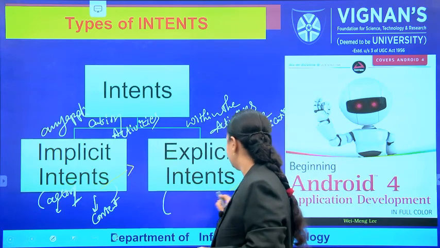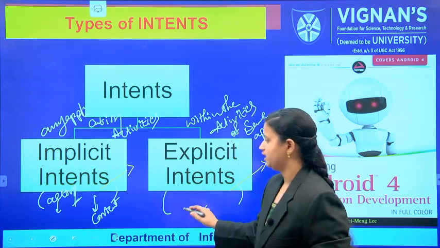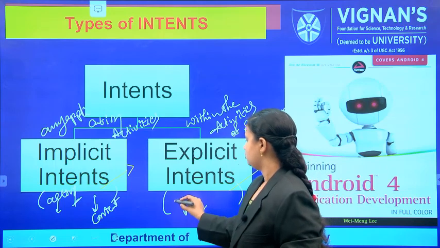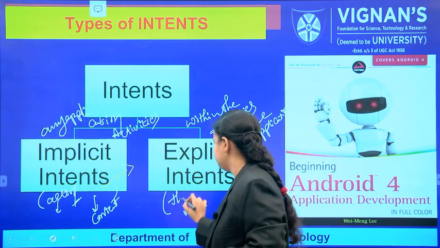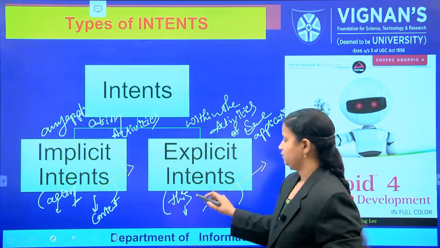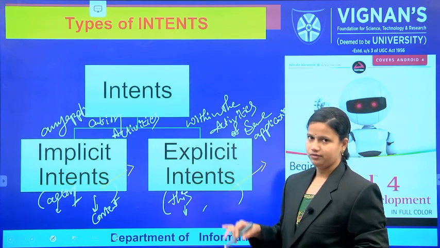The explicit intent also contains 2 parameters. The first parameter indicates in which place the intent is created, that is, within this activity.